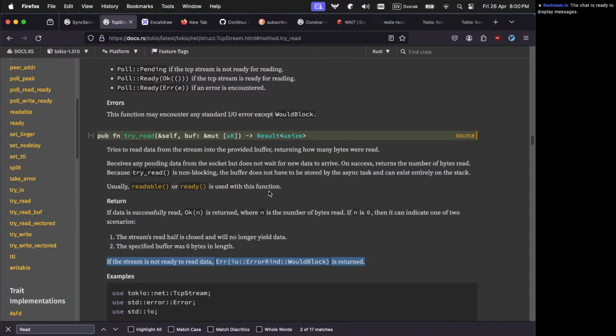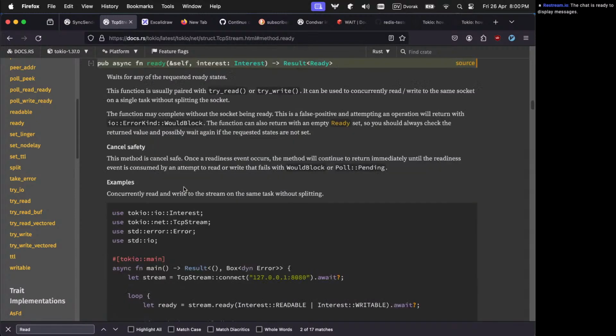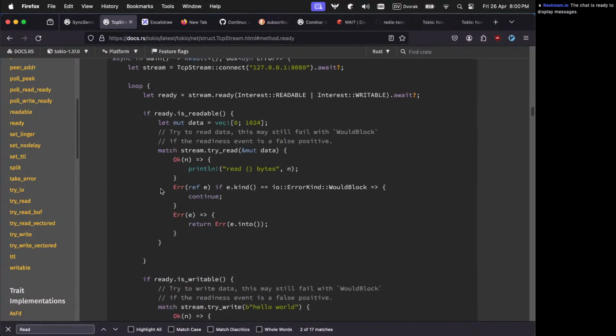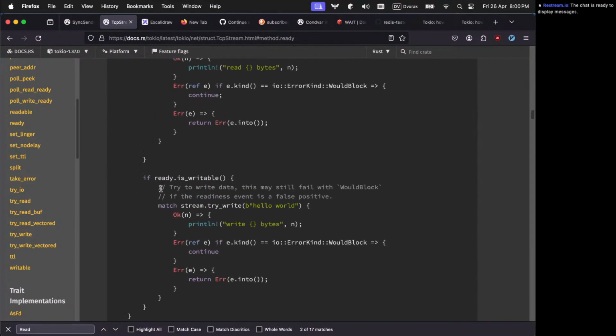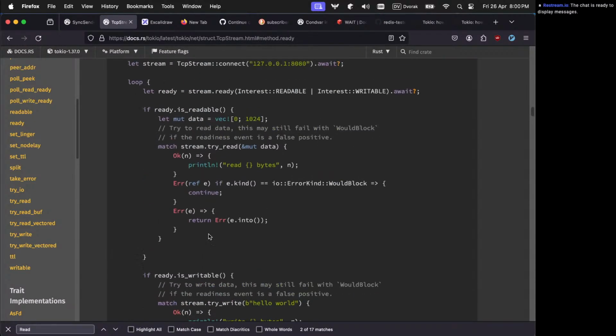Okay, so should I wait for ready? If I wait for ready, then at a certain point I'll time out. If it is writable, then keep continuing. If it is readable, then would block.